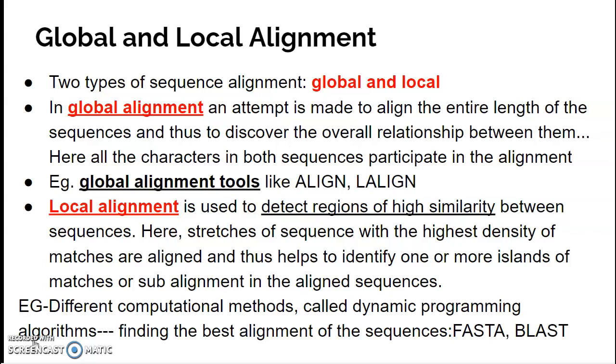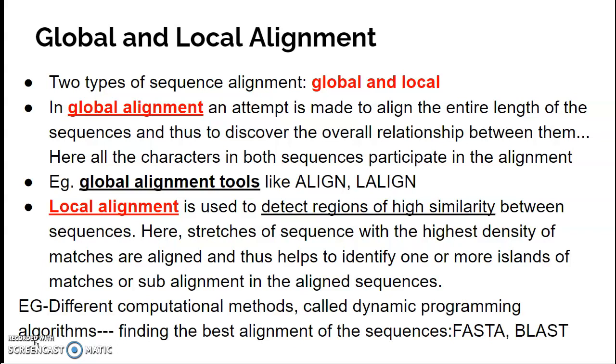Here it is an attempt to align the entire length of the sequence, as the name suggests, global. If we are aligning two sequences pairwise, or comparing more than two sequences, we align them through the length of the sequence, and thus discover the overall relationship between them.